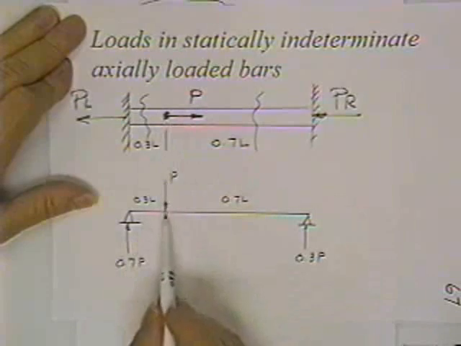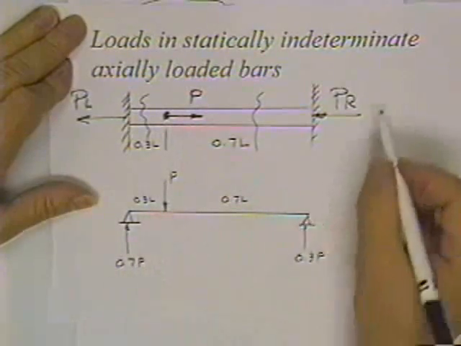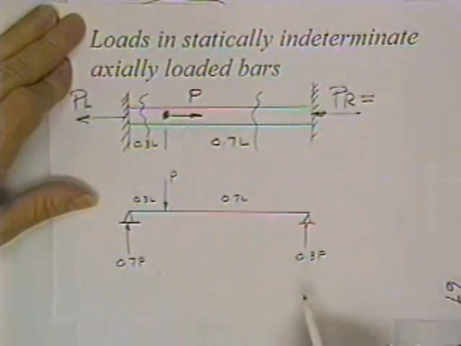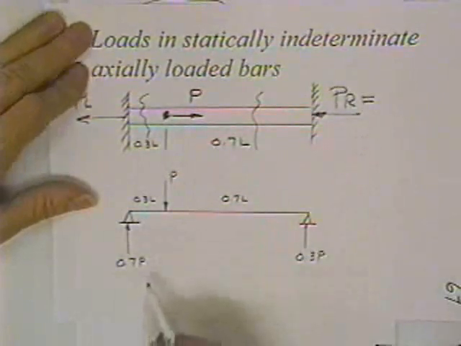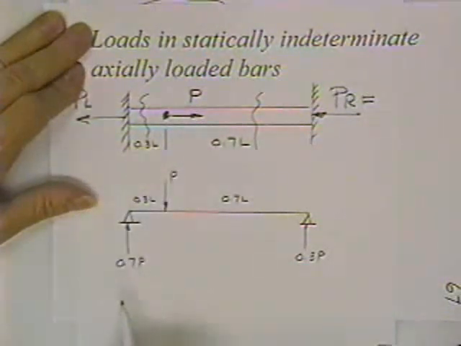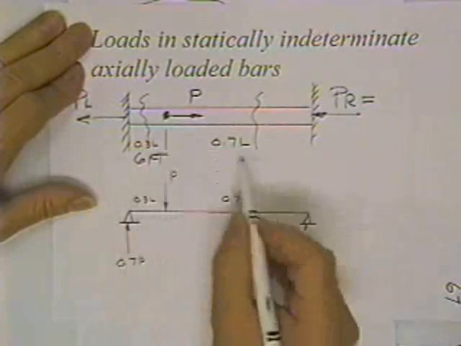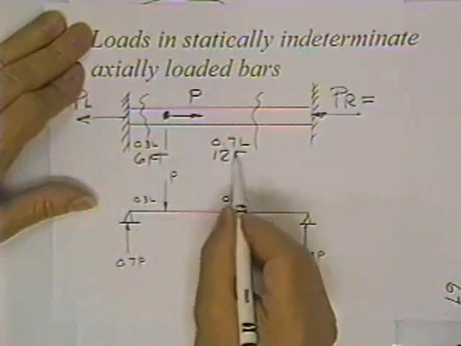Take the load and just pretend it's on a regular simply supported beam and find the reactions. That's how much is on the ends. There's, of course, a reason for that. It's because of compatible deformations, but it's very handy to know if this is 6 feet and this is 12 feet